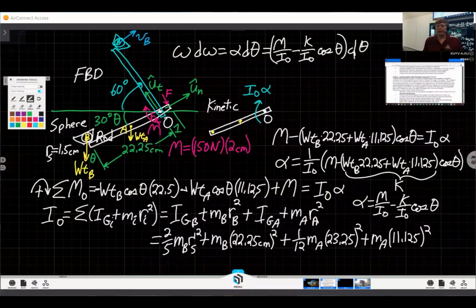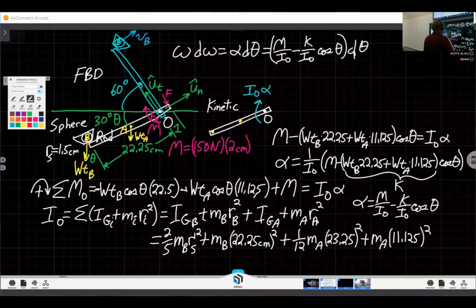Suggestion is take the derivative. Integral. Yes, you're absolutely right. So let me go ahead. I need a little bit more room, so I'm going to close this for right now. We're going to integrate